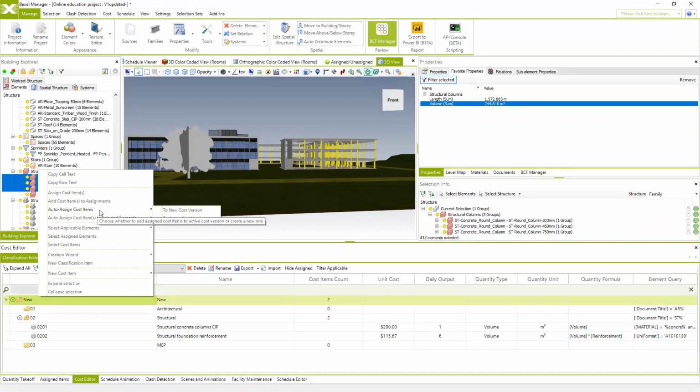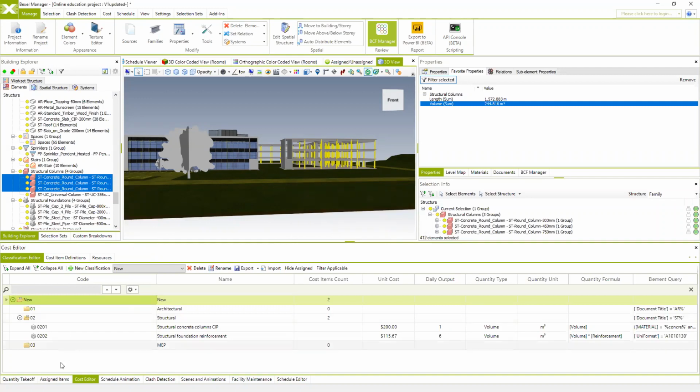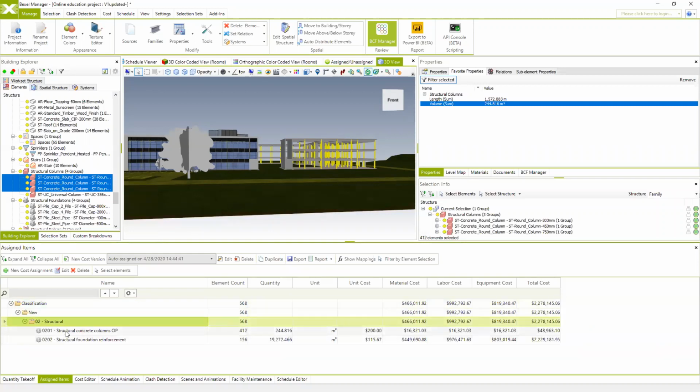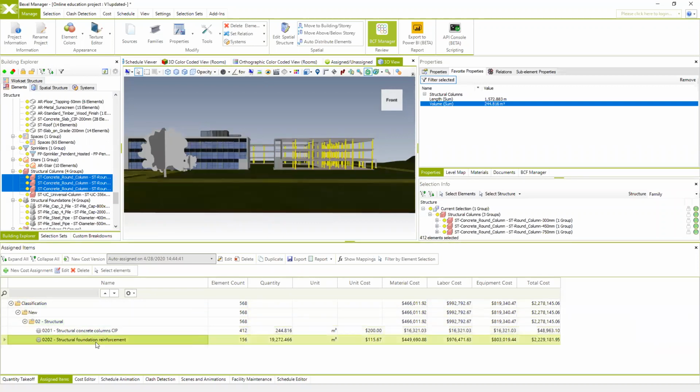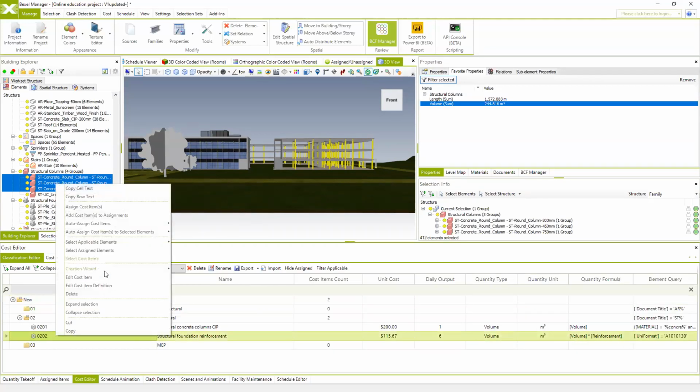So if we hit auto-assign cost items to new cost version, the system will automatically create a new cost version with auto-assigned cost items. In this case, I'm going to go to the auto-assign, and we see the automatically calculated price for the structural columns and the structural foundation reinforcement. And this is the quantity of the reinforcement, and this is the unit cost, which will multiply with this and gives you the total cost. So let me just go back to our cost editor and change the price,